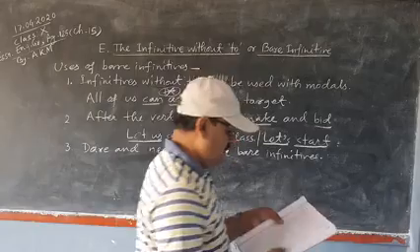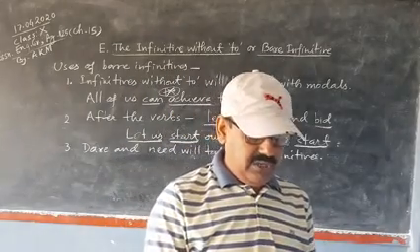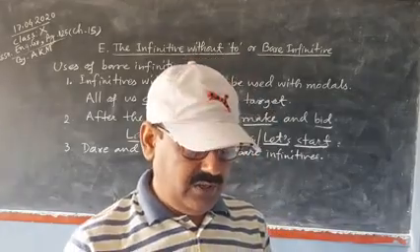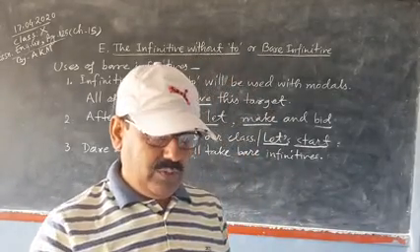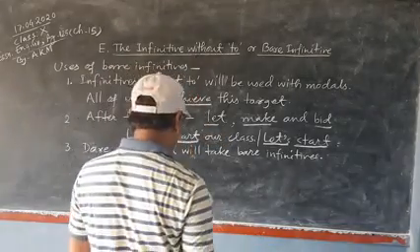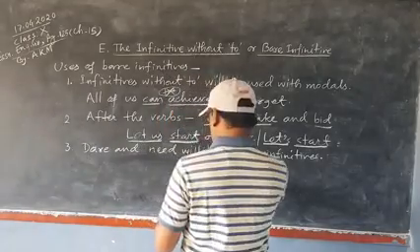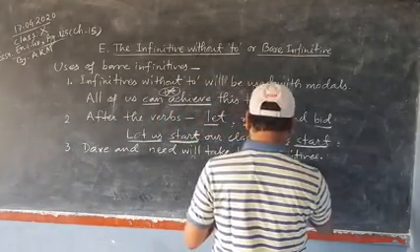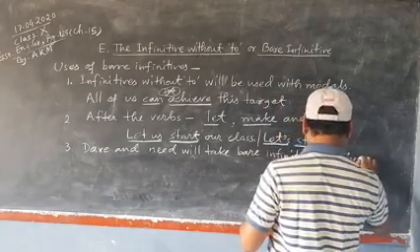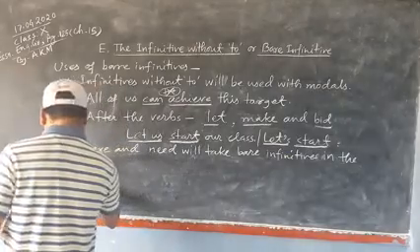Dare and need: in the case of dare and need, we use bare infinitive where the sentence is negative. And in affirmative sentences we should use to-infinitive. In the case of dare and need, they take bare infinitive in negative sentences